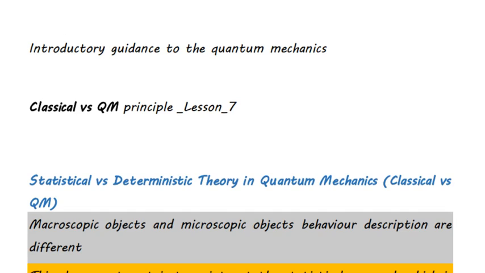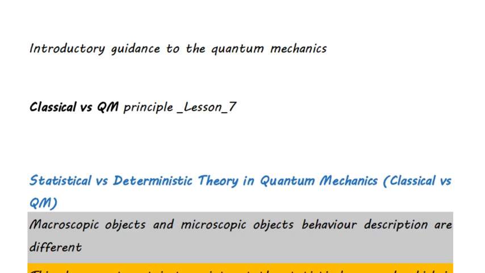in the views of quantum mechanics studies. So we have two different theories that were introduced. The first one is the statistical and the second one is the deterministic. Statistical is described by quantum mechanics, while the deterministic is described by classical